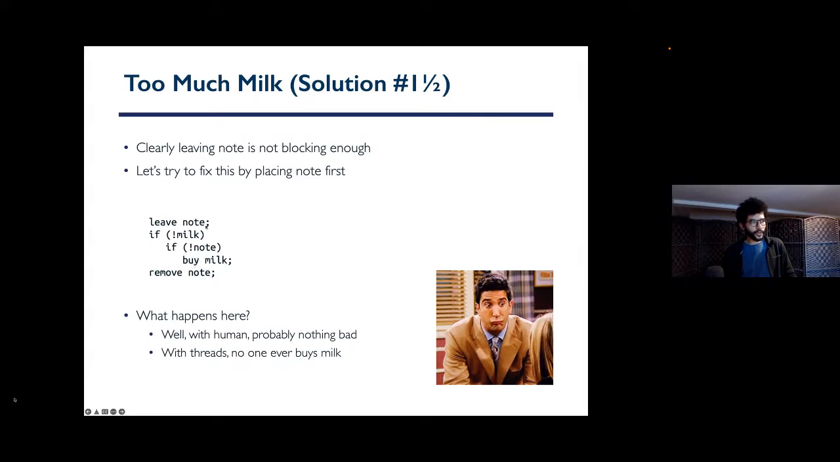Let's say you leave your note. The other person comes and leaves their note. Then we context switch to you. You check for milk, you check for notes. Now there is a note. And before you continue, let's say, so you're not going to do this, but before you remove your note, let's say we context switch back to thread 2. Now thread 2 checks for milk, there is no milk. Then thread 2 checks for your note, and there is a note, and nothing happens, right? Although